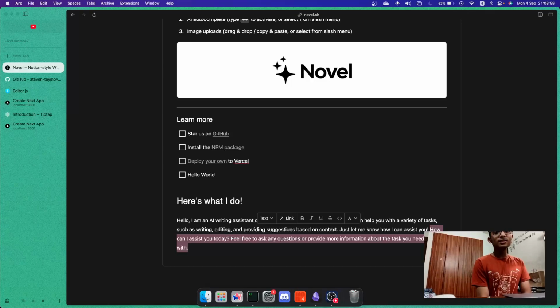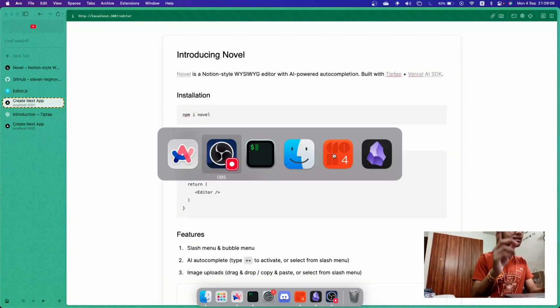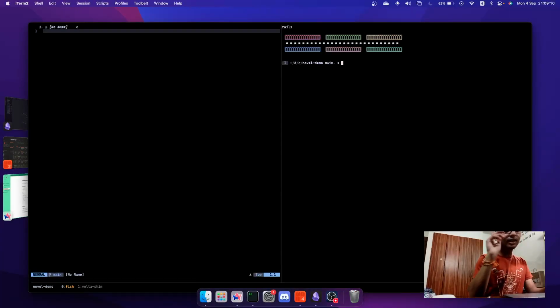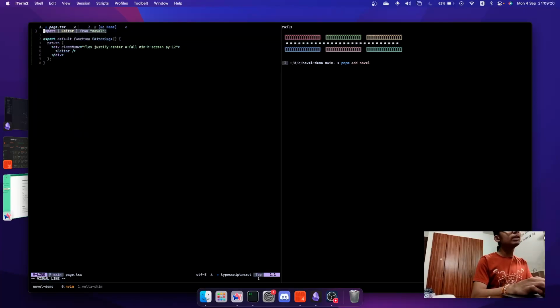And this actually took me just 5 minutes to build. I was trying to build this just for a preview, and it was actually very, very simple. All I had to do was create a new Next.js app, go pnpm and Novel. Then what I did was have an editor slash page.tsx, went into that, added this editor from Novel, and then over here, just like that,